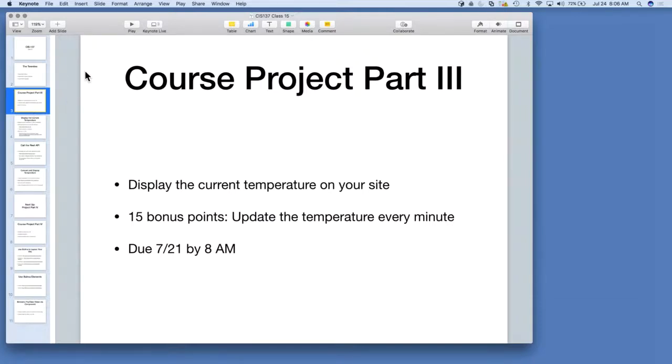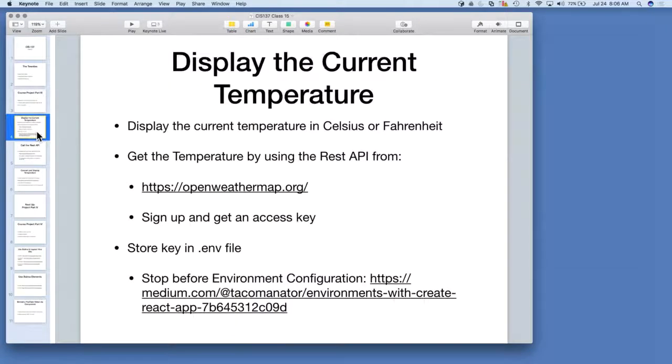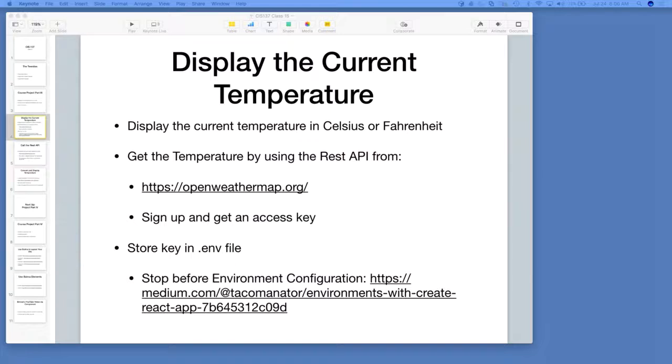Of course, Project Part 3. So for this, display the current temperature on your site, and for 15 bonus points, update the temperature every minute. So let's go ahead and do this. The first thing we need to do